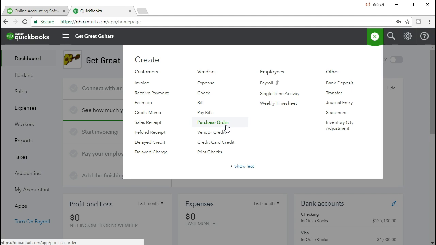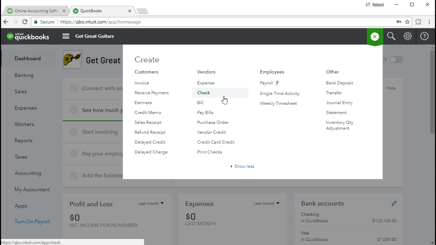Remember that a purchase order does not have a journal entry related to it. It's just a request. We haven't paid for it yet, and we haven't received the guitar. But on that purchase order, we did include that it was for a particular customer. Then when we got the guitar, we made a payment for it, and when we made the payment for the guitar, we still populated that payment through the purchase order